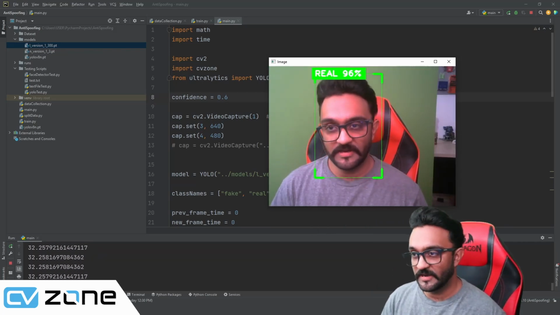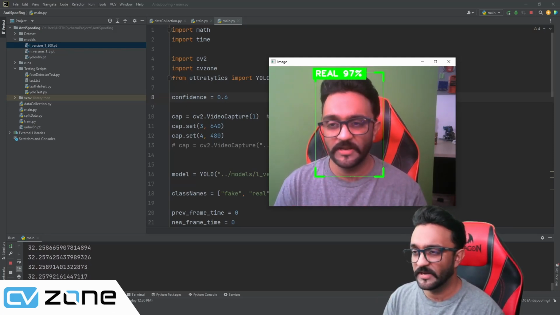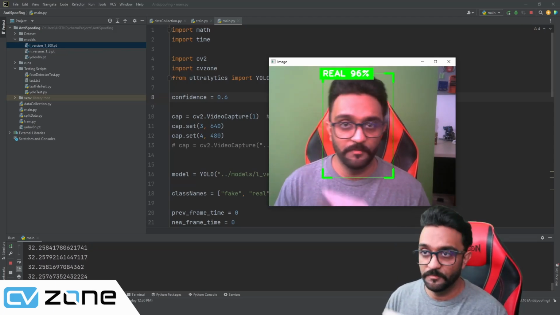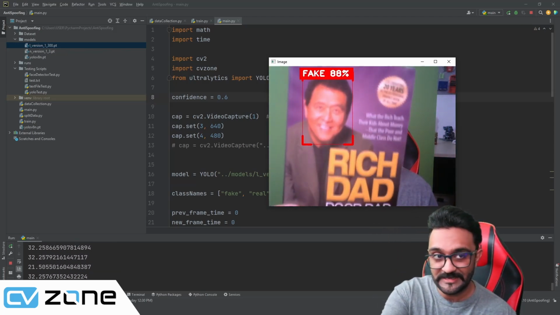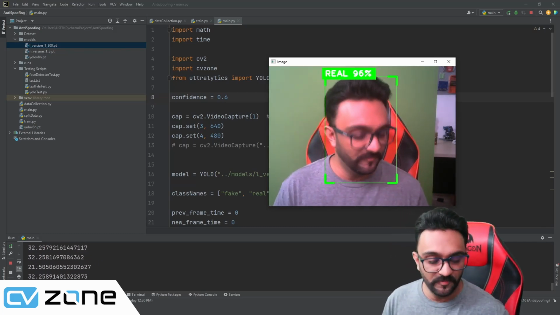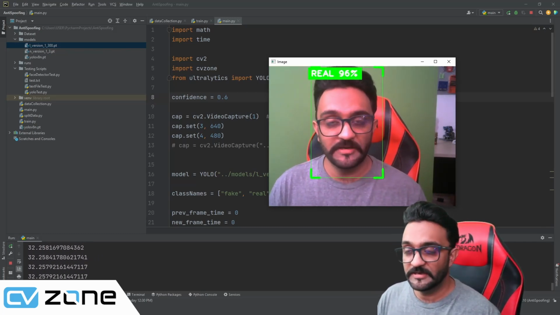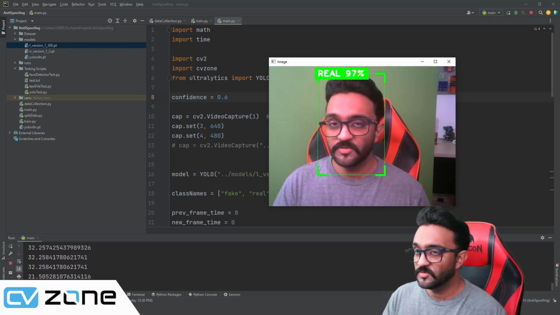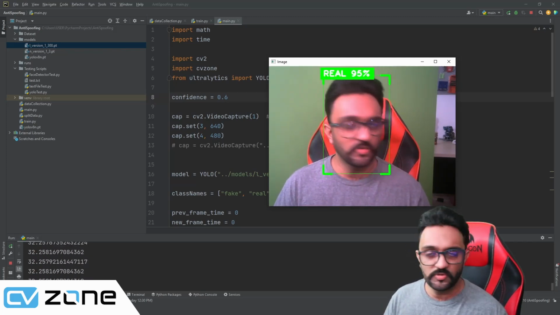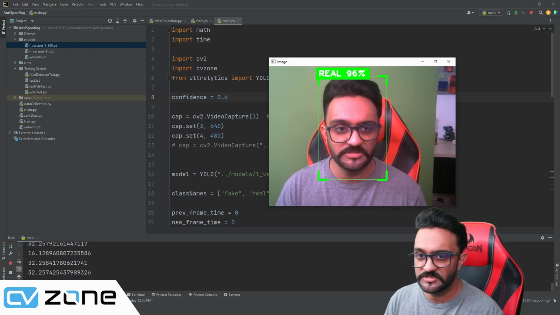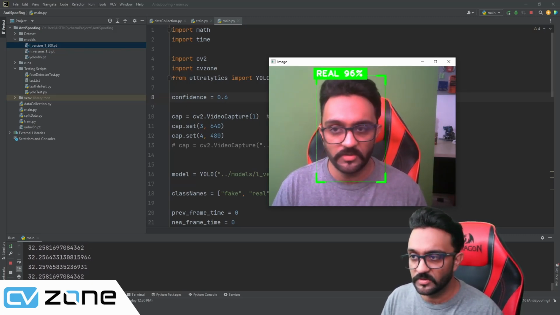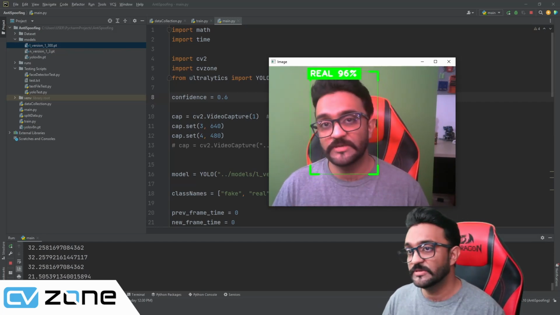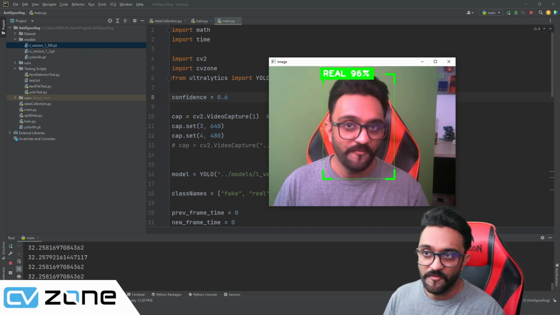So now we have trained our data set, and you can see that with our own data set, it is giving us some really good results. And we didn't actually train it on books and images, but it still detects it as fake. Now, if you wanted to improve it, you can, of course, add your own criteria. And this is the best part, that you can use it with your own data set, and you can take your own images very quickly. So it took me around 20 minutes to collect all these 7,000 images. And then the training part took around 4 hours. And now we have the end result, which is amazing. So 1 day of work,